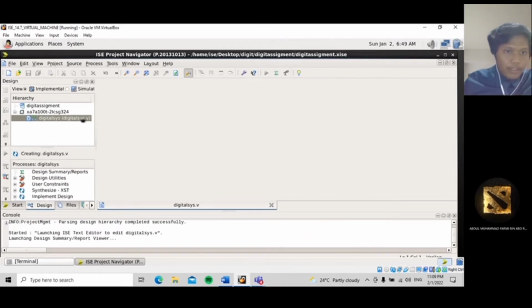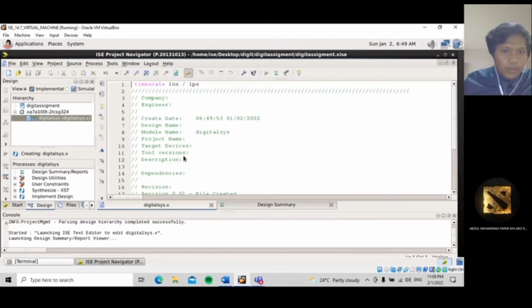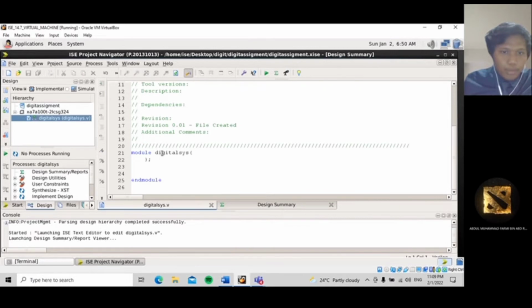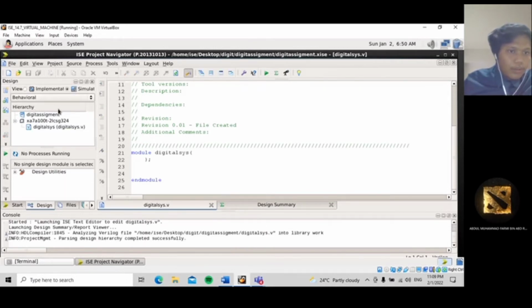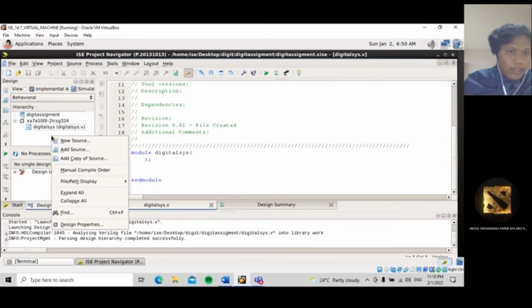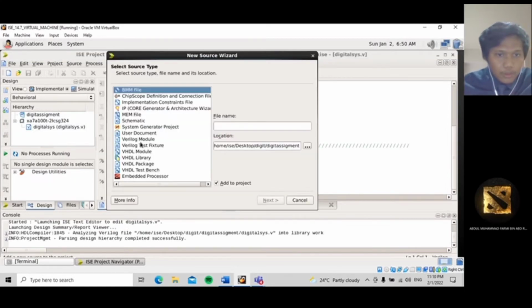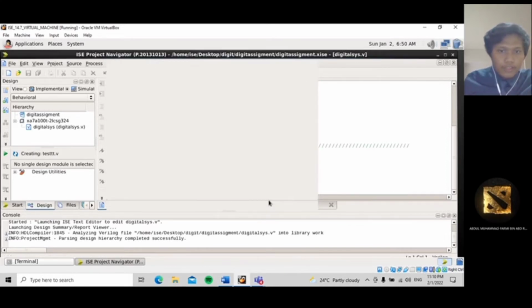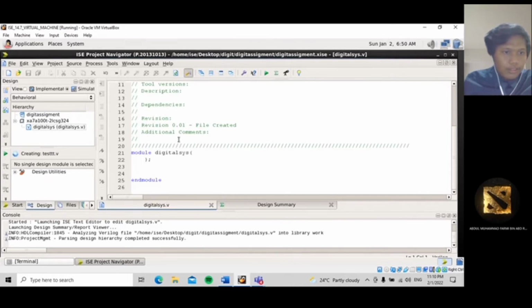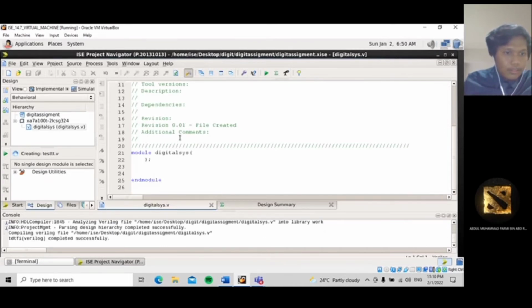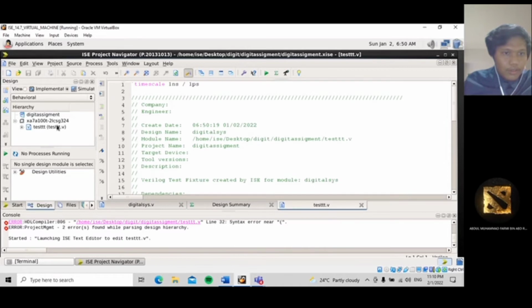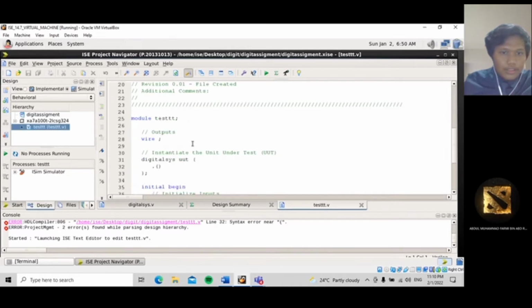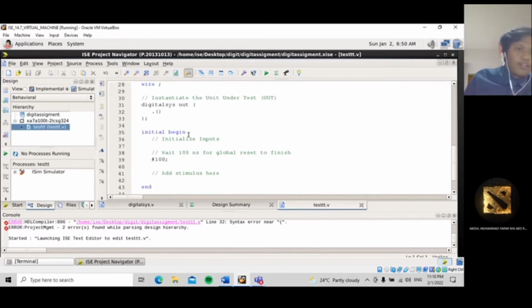After you create this, you must put the coding in it. After that, for the test bench, you click simulation and click new source. You choose a Verilog test fixture, give it a name, then finish. Okay, I'm done creating the test bench.